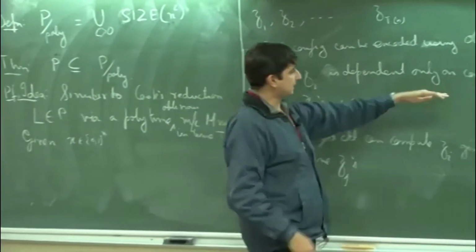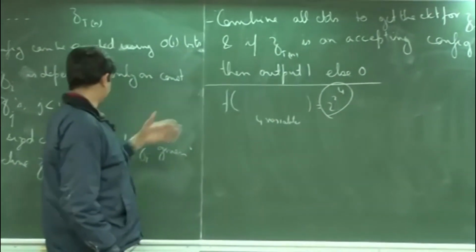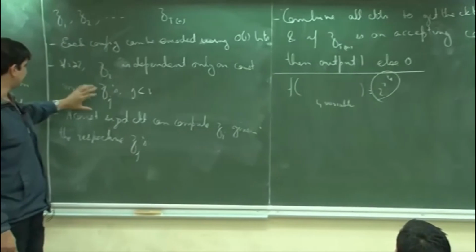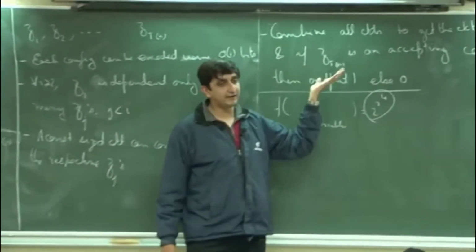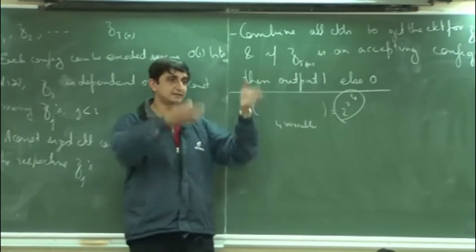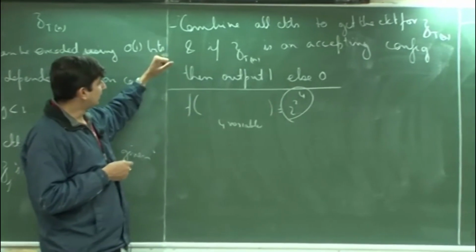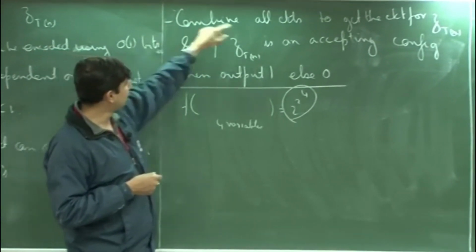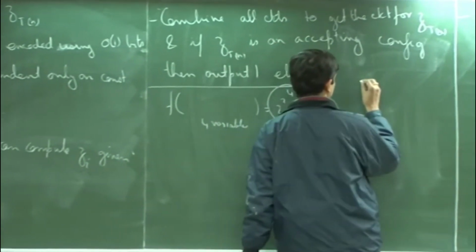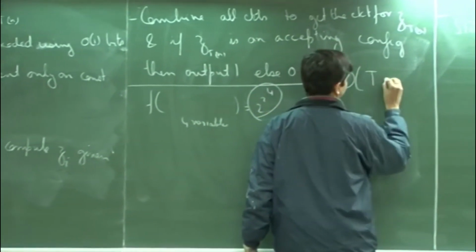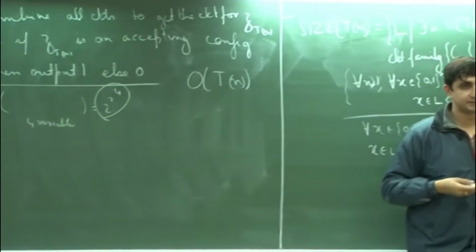But the size basically blows up when you combine all these things. So, here we are assuming that we are already provided with these zj's when we are computing zi's, but how do we get those zj's? So, there is a linear chain which gets built up, and that is why when you combine all these circuits to get the final circuit, this will have some size, some order of T of n, because there are T of n configurations.